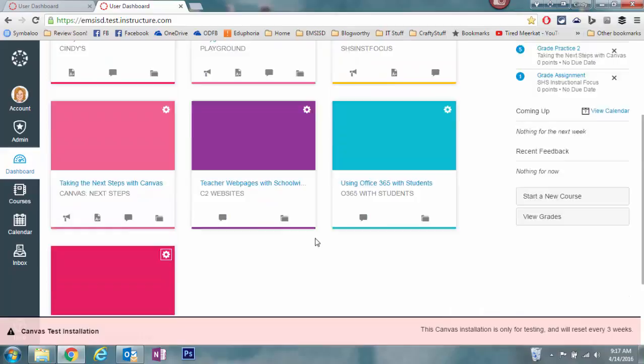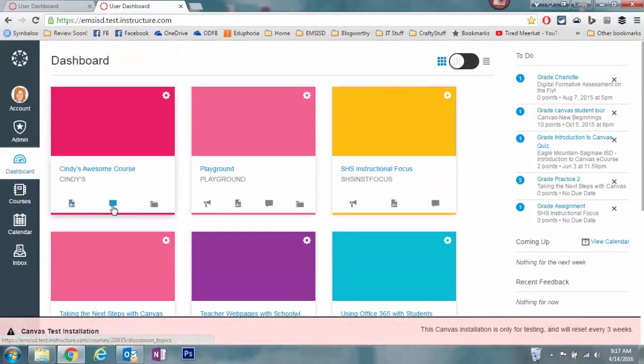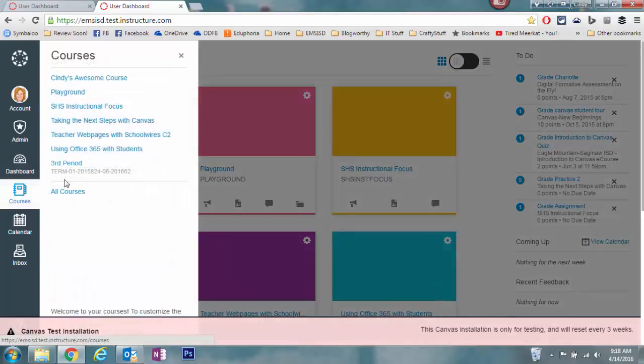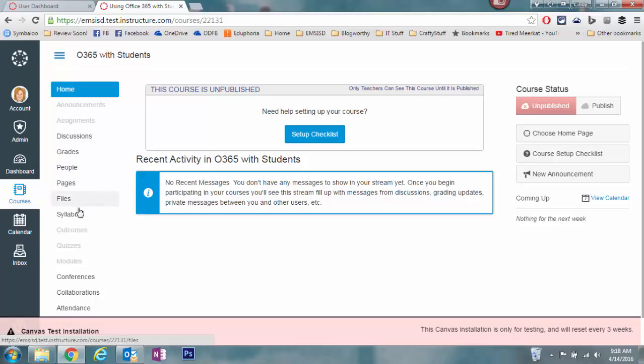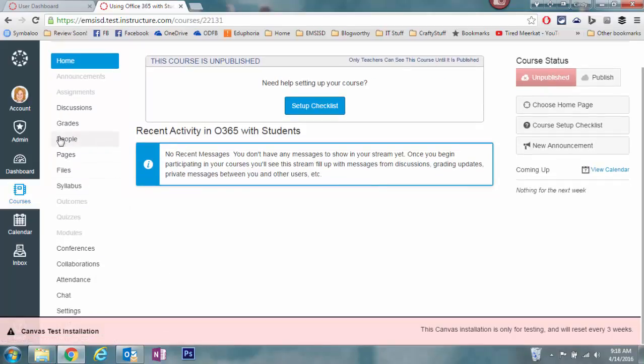You'll also notice that there are little icons associated with each of the courses. This gives me quick access to the content within the course. Now I could still go into my list of courses, click into a course, and then use the list down along the left-hand side to navigate to the pages or to the discussions. But if I go back to the dashboard,